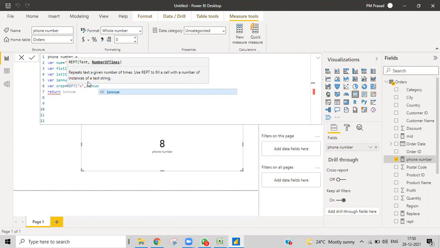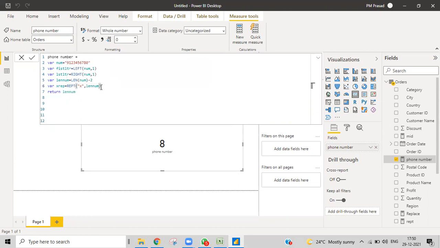I do have this one, so here we find 8. So 8 times I'm trying to repeat that. Got the point? So let us find what is the output of this particular step variable. I get 8 X's. So finally I got 8 X's.